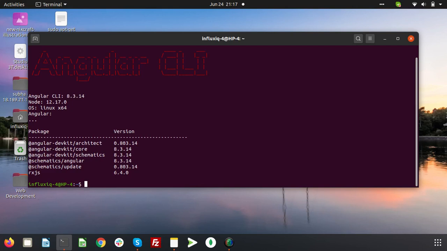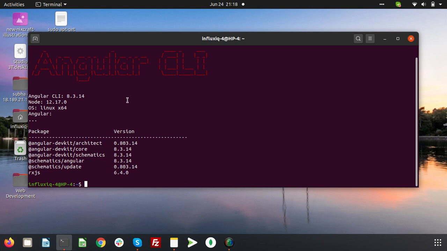We are going to learn how to implement all the packages in a proper way in any Angular project so that it can run in a serverless environment flawlessly. So it is very essential that the Angular CLI version is 8.3.14.